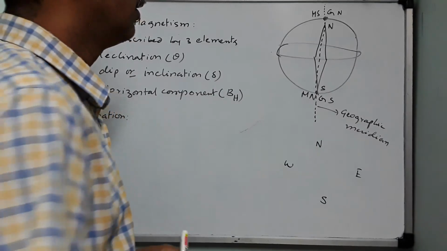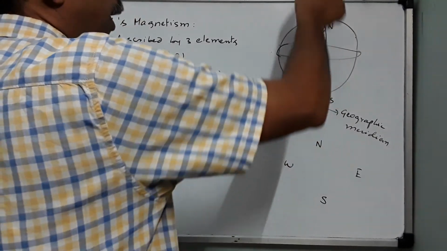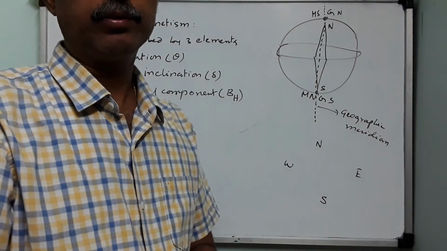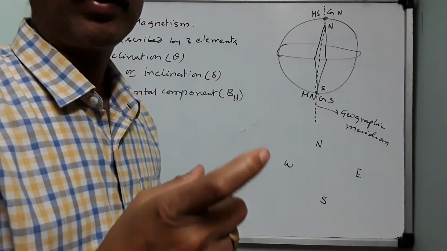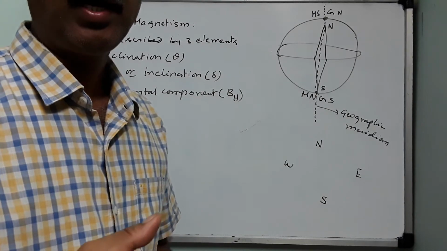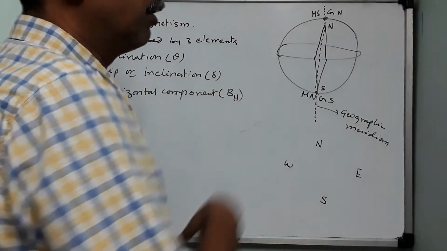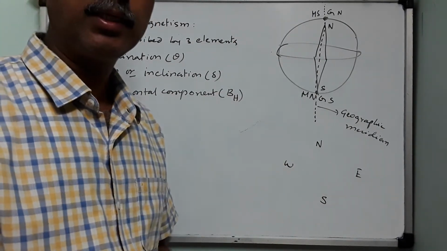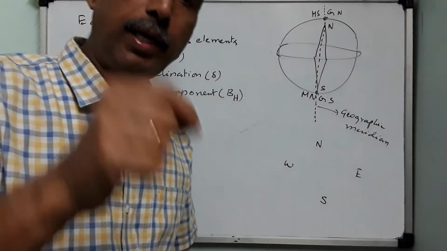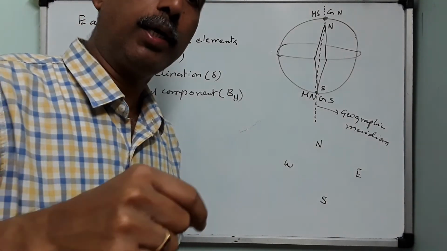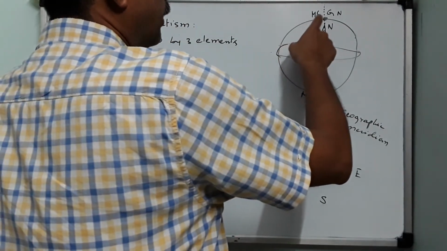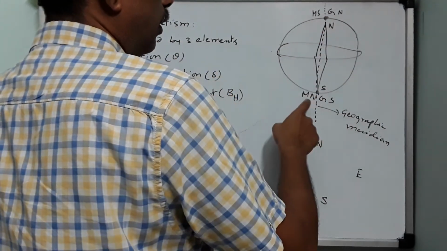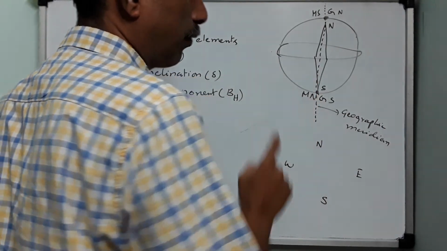But children, the compass is not exactly aligning along this vertical axis. It will not align along geographic north and geographic south. It will align along magnetic south and magnetic north, because the bar magnet needs to align only in the attraction direction. So the magnetic south pole is not exactly on the geographic north pole, and the magnetic north pole is not exactly on the geographic south pole.